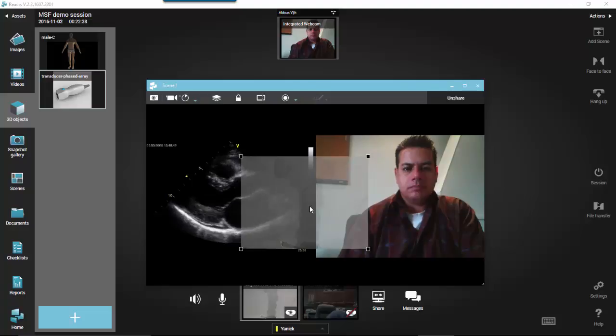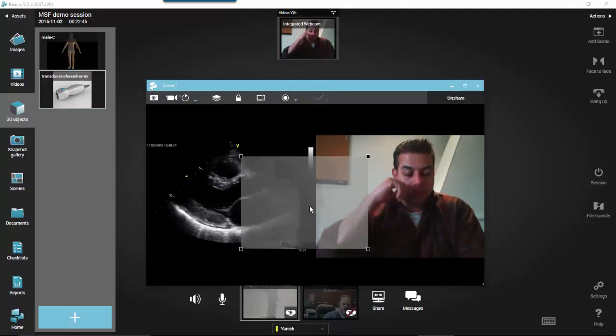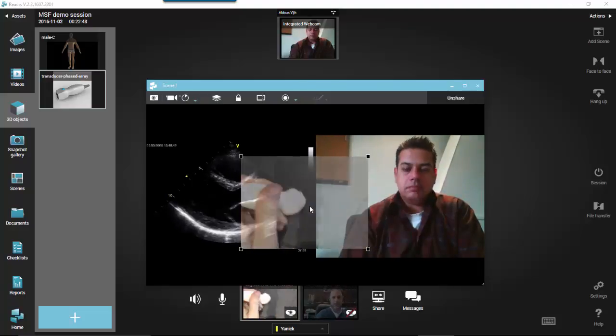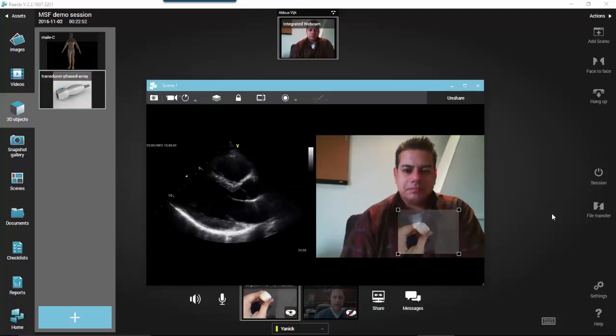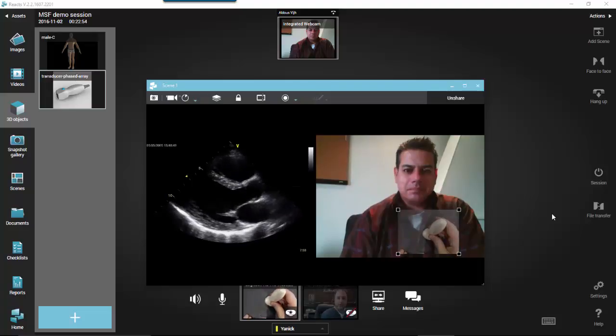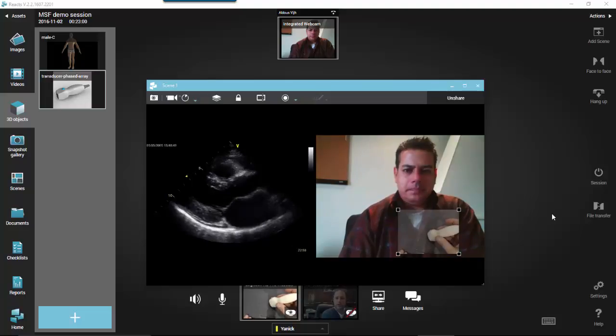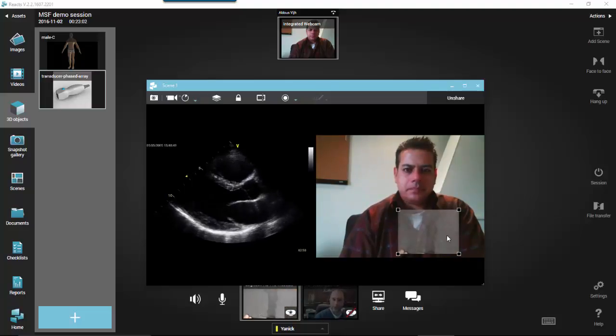I printed from a file, I printed a 3D cardiac probe, okay, that I have in my hands. And I'm going to put the probe right underneath the camera feed. And now I'm going to superimpose that camera feed on Aldous. So I can now tell the user at a distance, put the probe here, turn it like this, move it like that, okay? If I would do a vascular exam of the neck, what I'm going to do, Al, just